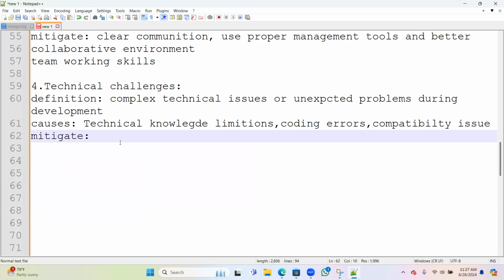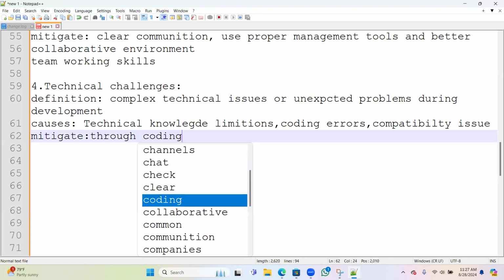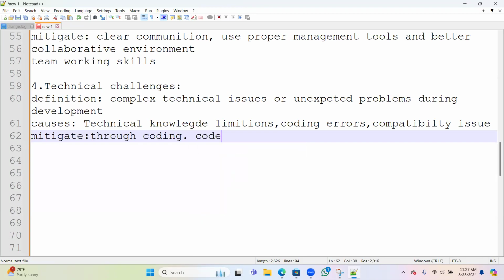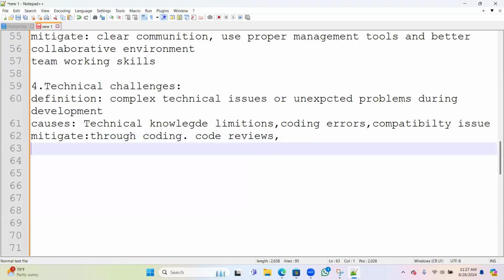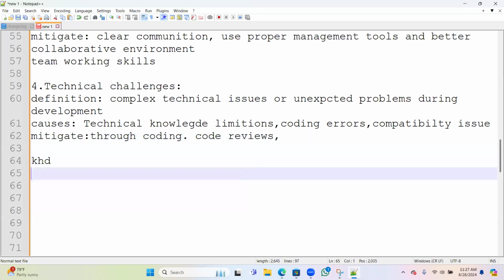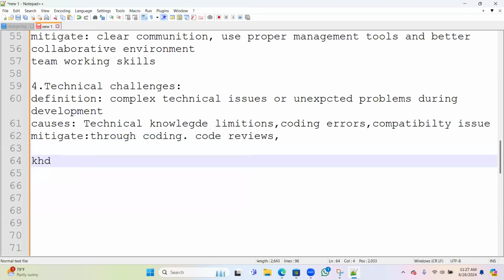So how can we mitigate and resolve this? Through coding. So we need to understand the coding. We'll do code reviews. Code review means, for example, I wrote some lines of code. Let's take this code was coded by developer one. This entire code will be reviewed or checked by another developer.